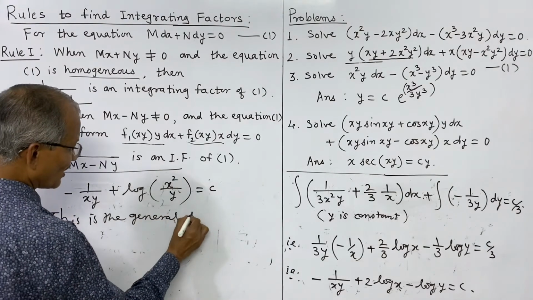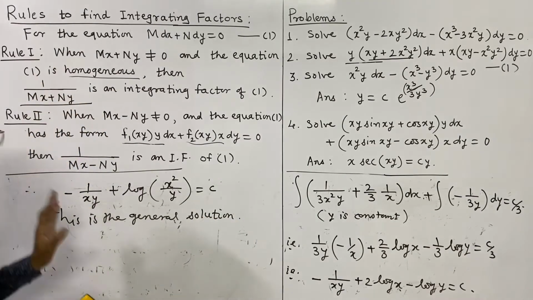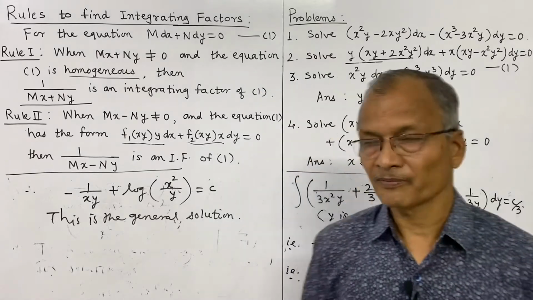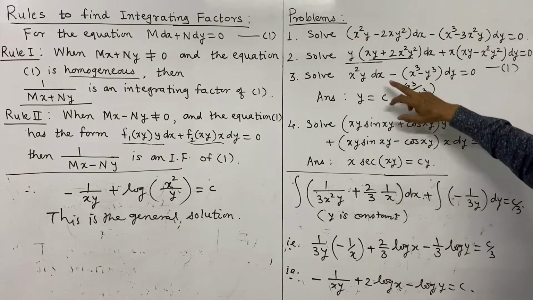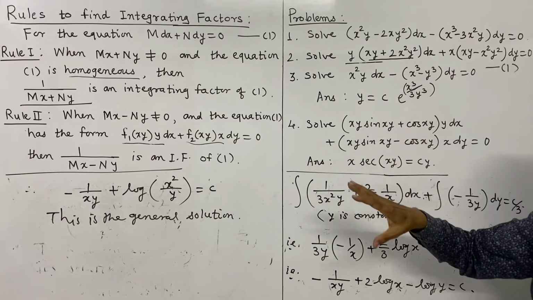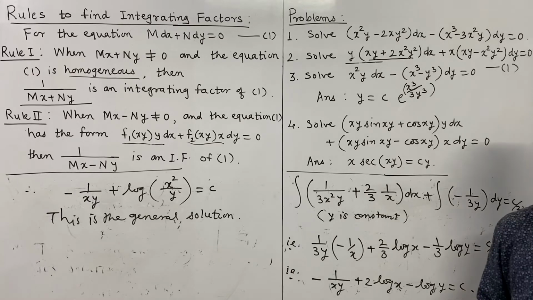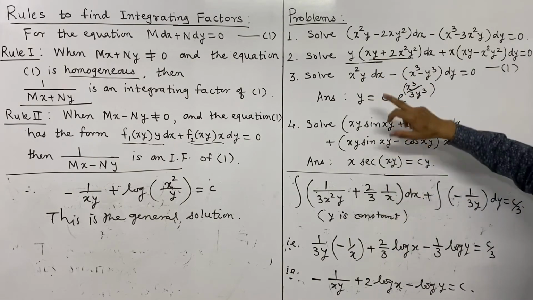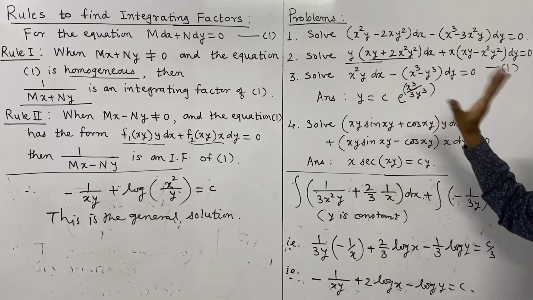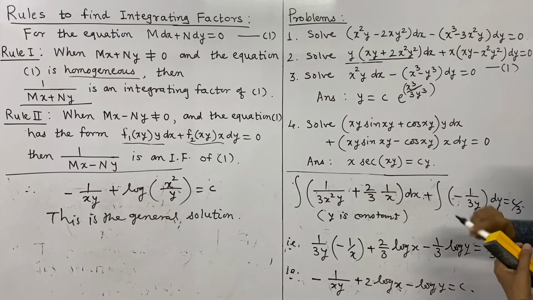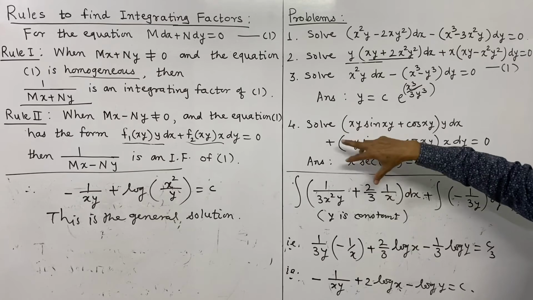So in this way we can make use of this first rule and second rule to solve this type of equations, which are reducible to exact form. Now this third problem and fourth problem I will leave for you to solve. Try to solve these problems exactly in the same way that we have solved problems 1 and 2. Now it is clear that this is homogeneous, third degree, each term is of third degree. So for this, use rule 1 for the third problem, and do the same steps that we have done earlier.